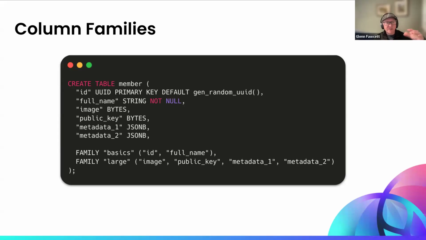For this use case, definitely, to get these large blobs or JSON objects to not have to be replicated. I also see this very commonly in the situation where customers have really wide tables, lots of columns, but they're only updating just a few of them. And even if they're not large blobs, just putting the most updated columns, the columns that are updated most of the time, in the column family can be very, very effective when you have that really wide type situation. So yeah, I do see that quite a bit.